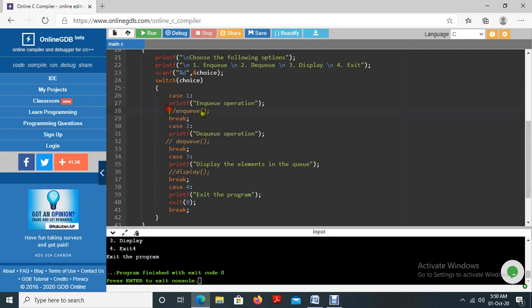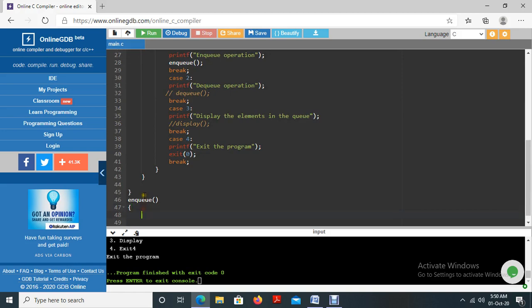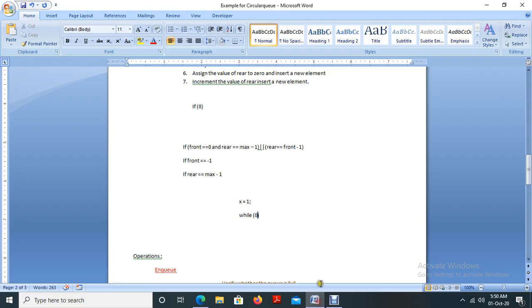Now I am going to verify whether the function is called from the main program. I also mentioned that in the main program. Now I am going to write an if. The first condition is to verify whether the queue is full or not. We discussed these conditions that we have to verify.